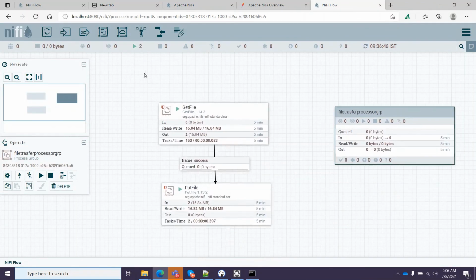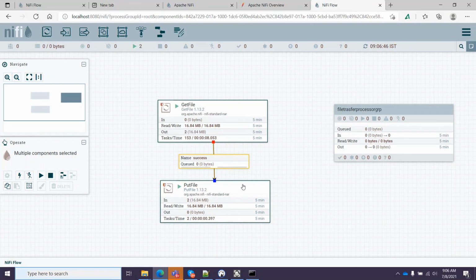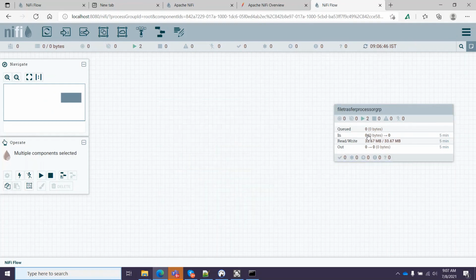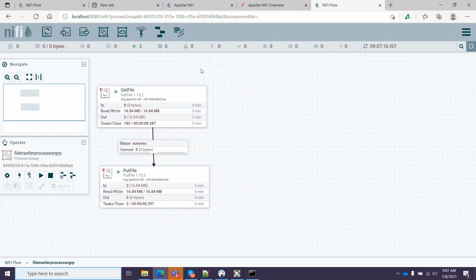What I can do is I will select everything and put this in my processor group. So this is my file transfer processor group. If you have a large number of such flows, this processor group is an amazing feature. When I click the processor group, I see this. Likewise, you can have many levels of processor groups.